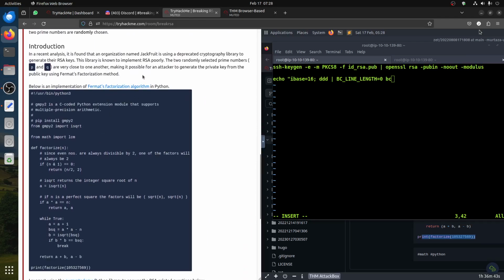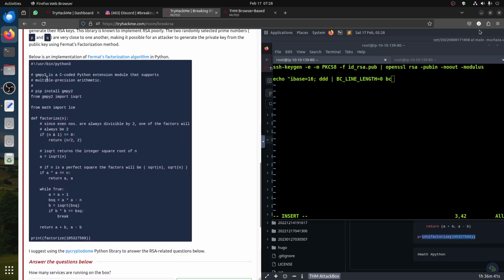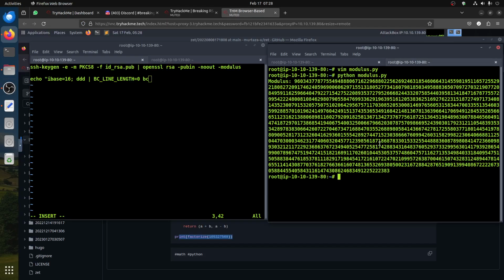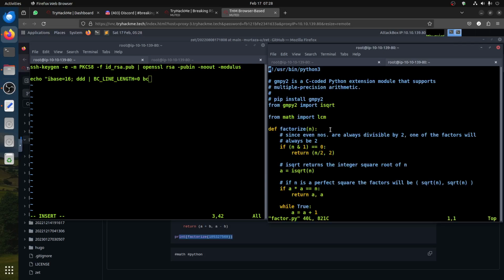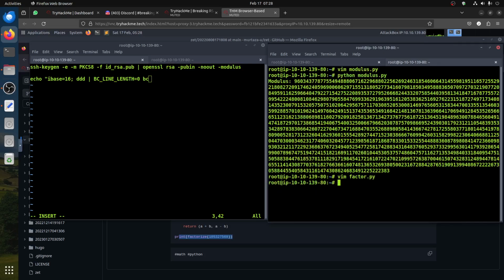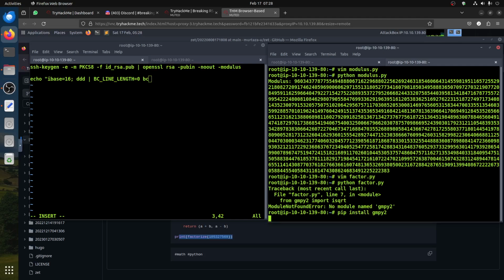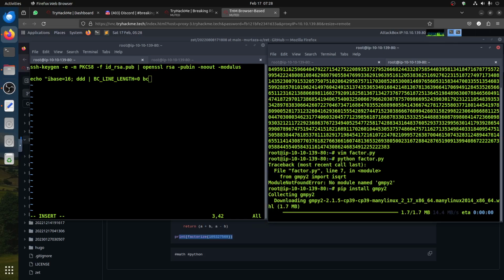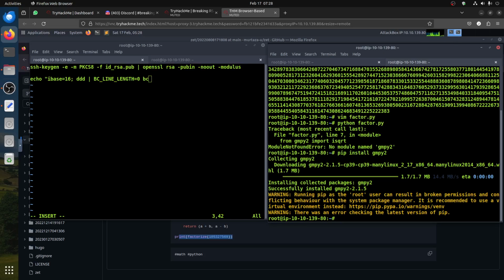Remember, because we have the modulus, we can use the Fermat factorization algorithm, and they give us the algorithm. So we can go directly to this, and the script is already copied. It's factorize.py. So this is our script. Let me run it directly. So python factorize.py. It said no module name. So pip install gmpy2. Let's install it. gmpy2 is a precision mathematical library. So if we run again,